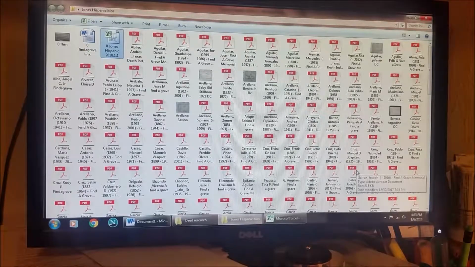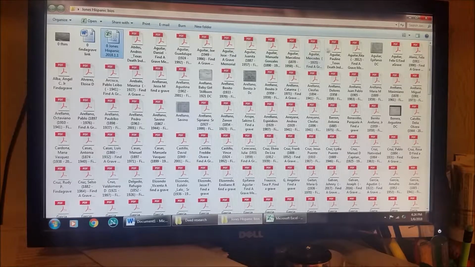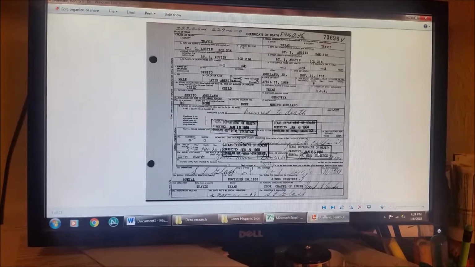So this is what the research looks like for the folder of the Hispanic section. We've gone through Find a Grave, and we've started downloading each and every page that family members or other genealogists might have been posting for a burial. In some cases, and we're still early on in doing this section, we have a death certificate. Here, for example, is a death certificate from November the 26th of 1959 of a young child who died in a house fire. But what's important is you look up here, and it says burial, and it says Jones Cemetery. This is how we validate